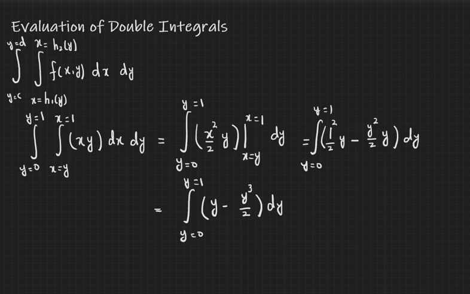Integration of y over 2 minus y cube over 2 with respect to y is y square divided by 4 minus y power 4 divided by 2 times 4, that would be 8. Taking the limits of integration, which is y is equals to 0 to y is equals to 1, applying the limits of integration,